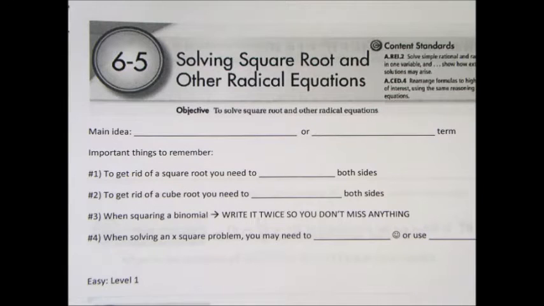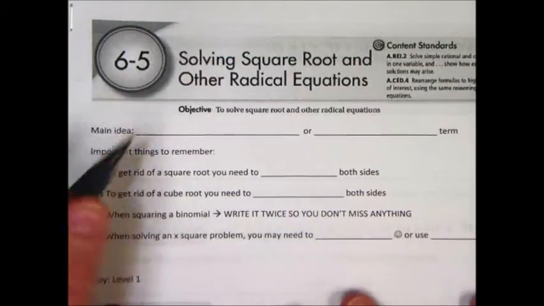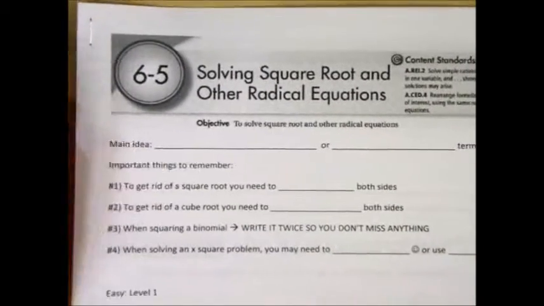6-5 talks about solving square roots and other radical equations. Your objective is to learn how to solve for x if x is under a square root or if x is by a square root. There are a couple of important things today. Your main idea is this: isolate